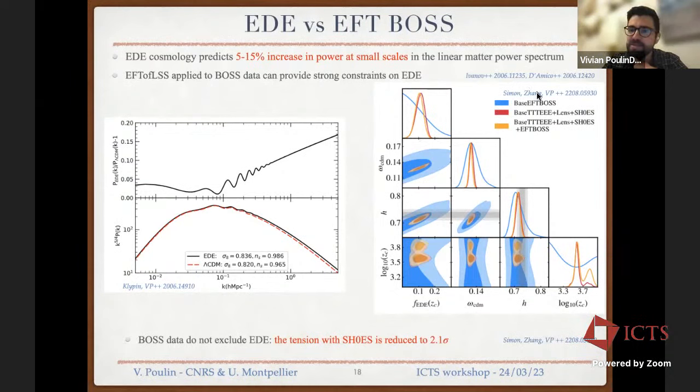The latest analysis we've done uses an effective field theory approach to analyze both data. Essentially, currently, both data do not have enough constraining power due to the large uncertainties associated with nuisance parameters in the effective theory, or these counter terms, and the bias parameters. So they have very little impact on the ability of the model to explain the Hubble tension.